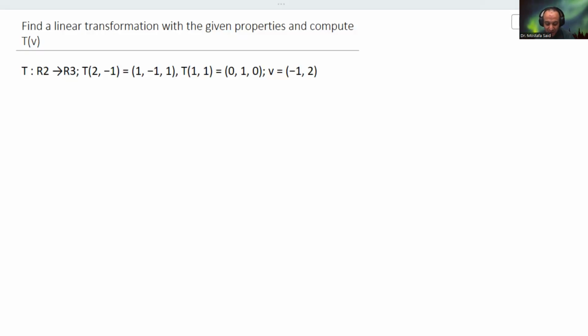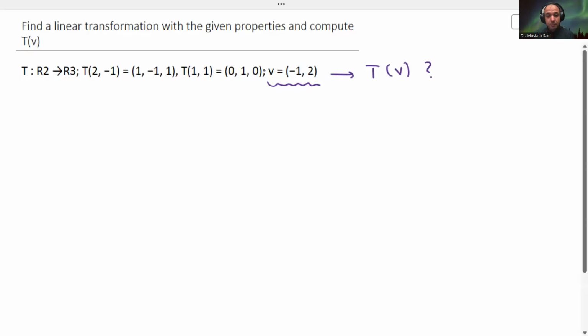Hello guys, in this video I'm gonna solve one very famous problem in linear algebra: if you have a linear transformation known for two vectors, how can you deduce the linear transformation for another vector, a third vector? Basically, we have a vector called v, and we want to know the linear transformation T of v,